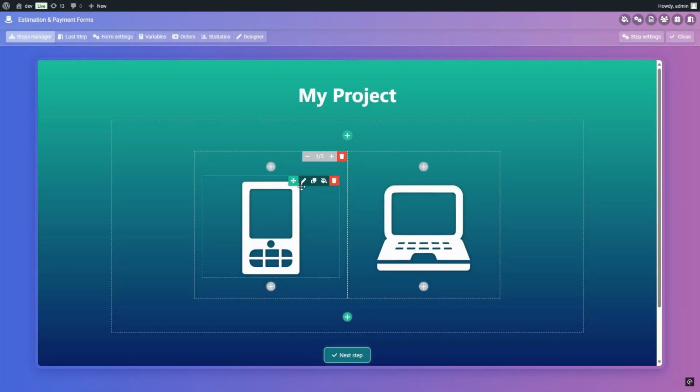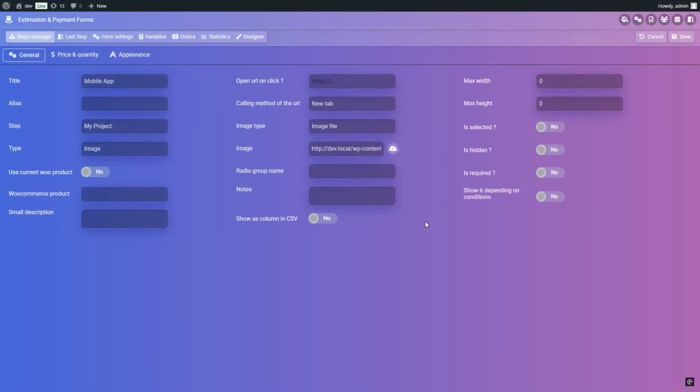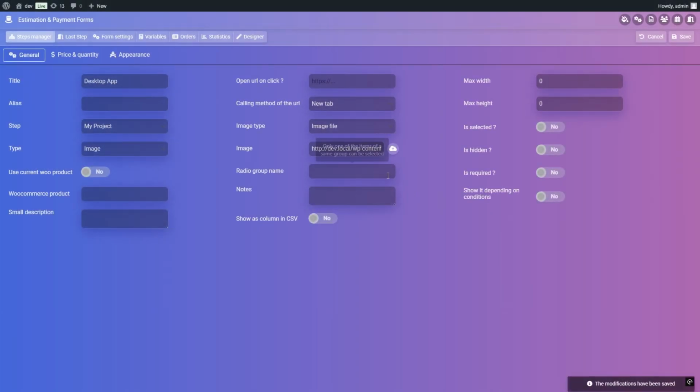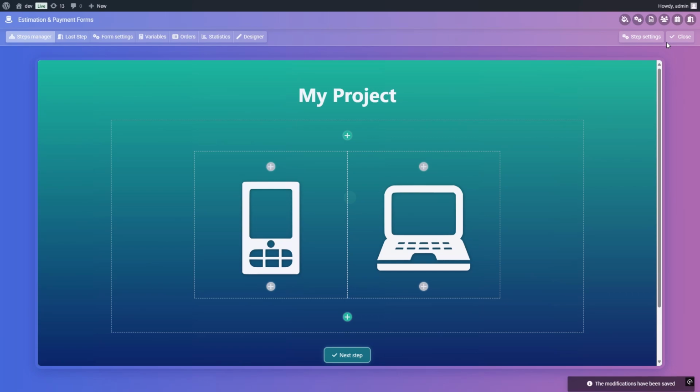Then, edit the first item. Enter the radio group name of your choice, and save the options. Repeat this same operation for the second item, making sure that the value entered in the radio group name option is exactly the same as the one in the first item. From now on, when one of these components is selected, the other will be automatically deselected in the same way